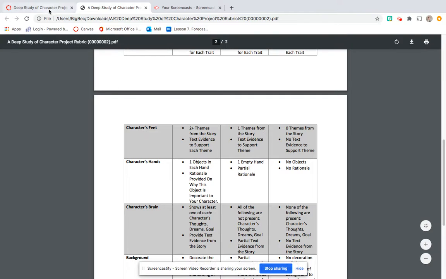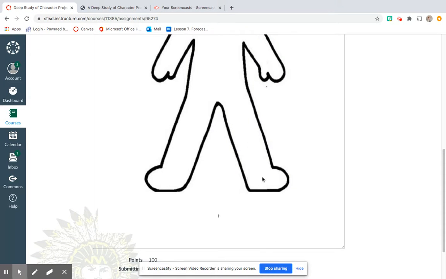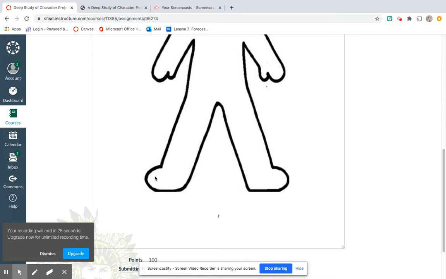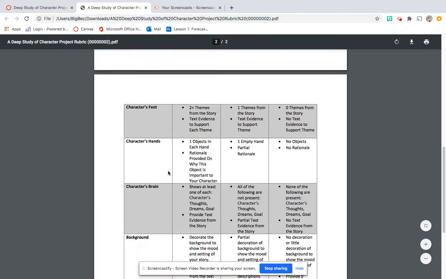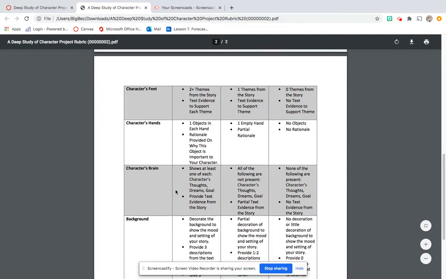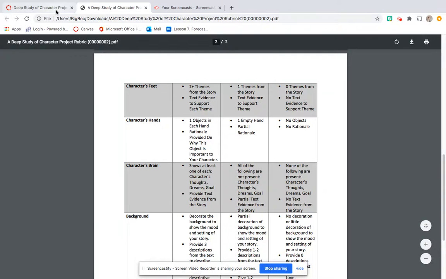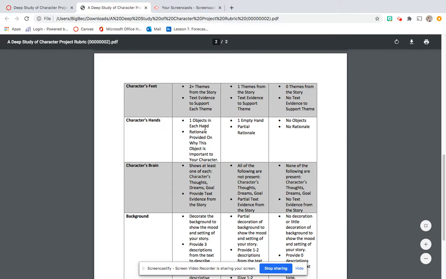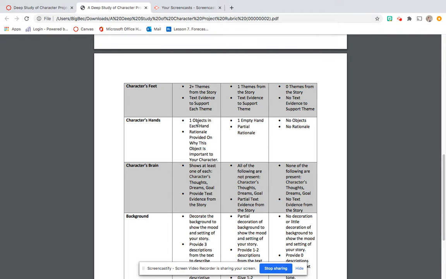And then on the character's feet, you have the feet right here. On the feet, you're going to put 2 themes from your story. So on one foot, you'll put a theme, and on the other foot, you'll put another theme. And you will provide text evidence that supports the theme. And then in the character's hands, in each hand, you are going to put an object and a reason why it is important to your character. So if I was doing Percy Jackson, one of the things that I could put in their